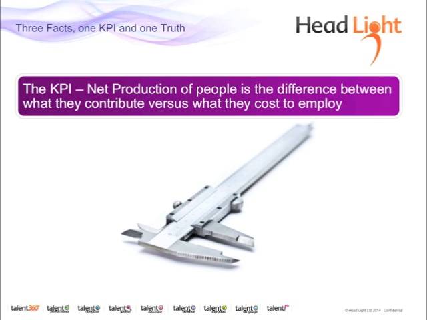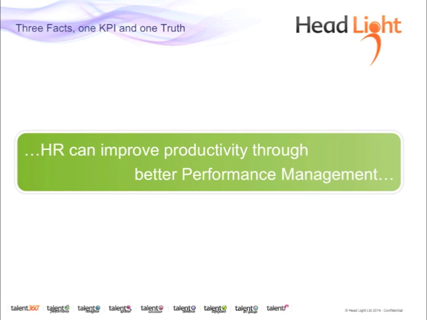And it is really this net production figure, this KPI, that we're going to be seeking to influence to improve through better performance management. And the final truth that as HR folks we have to hold on to, and that is that it is our actions as HR professionals, it is the choices we make around the introduction of performance management systems, the way that we engage with managers and employees, the what's in it for them, the processes we introduce, the things that we ask them to do in terms of completing documentation or having conversations, that fundamentally is HR's responsibility to make it happen. And we must believe that HR, through doing it better, can influence performance management and ultimately productivity through the organisation.